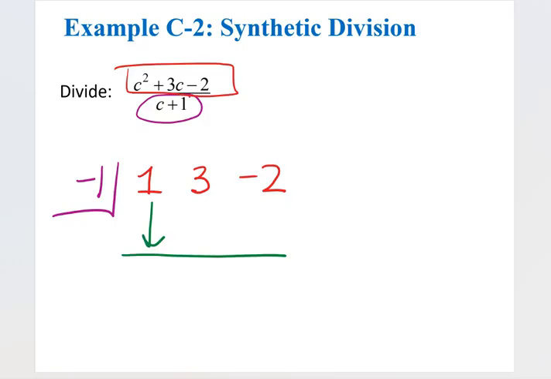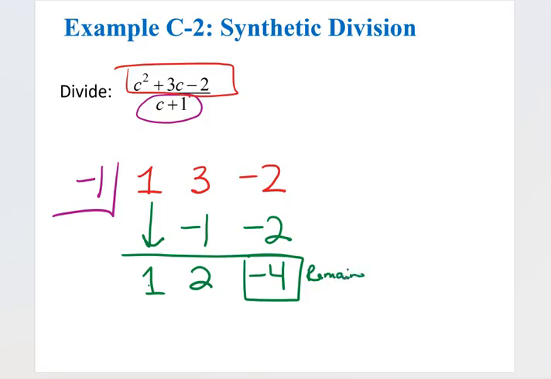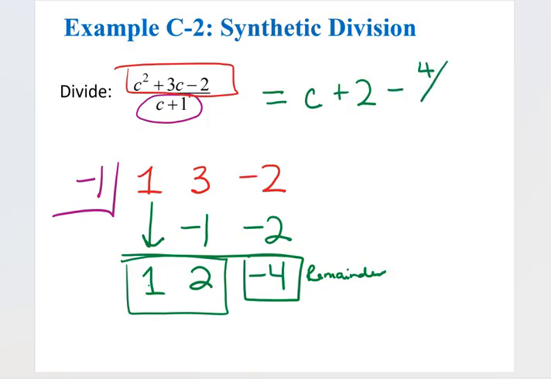All right, so bring down the first one and then get started. So -1 times 1 is -1. Add these two together. 3 plus -1 is +2. Multiply. -1 times 2 is -2. Add those together. You get -4. So this is going to be your remainder. Right, we're starting with a second degree, so my answer should be a first degree. And that is where these two are going to come in. It's going to be 1x plus 2, and then my remainder of 4 over, so I'm going to subtract 4